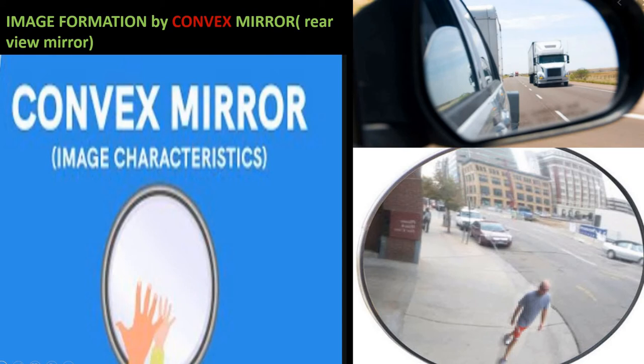The basic characteristic of convex mirror is that it always forms a virtual erect image of an object, though small in size. For having the ray diagram for image formation, we need basically two light rays which are incident on the mirror. These two light rays, after reflection, where they intersect, that will be the position of image of the object. In case of convex mirror, there are two cases of image formation.